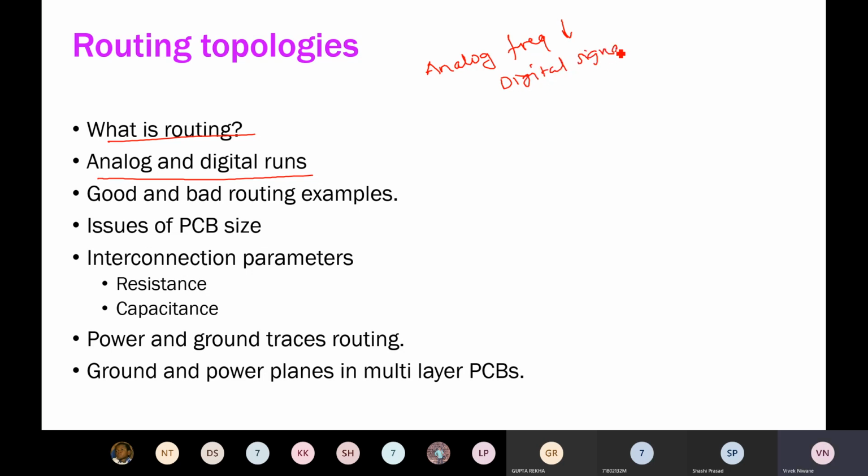Its frequency is less, so we have to make a separate arrangement for the analog track and digital track. If you use a common ground for the analog and digital, this is going to create noise interference. You must have heard in digital communication that superimposition of a higher frequency signal onto a lower frequency signal generates noise. So in good and bad routing examples, we need not go for the common ground; make a distance between the two tracks, analog as well as digital.